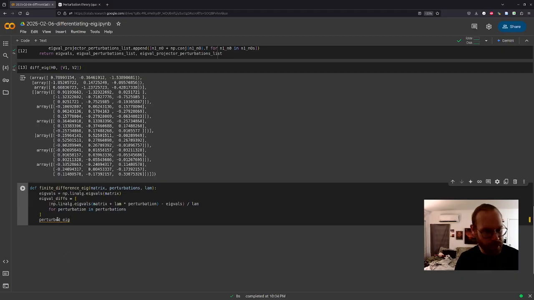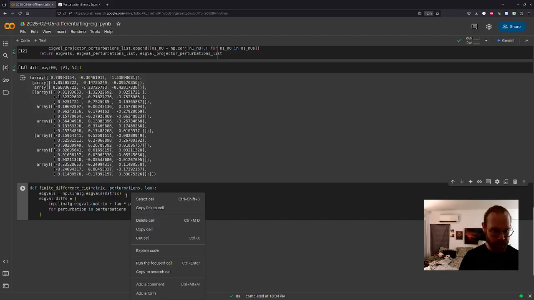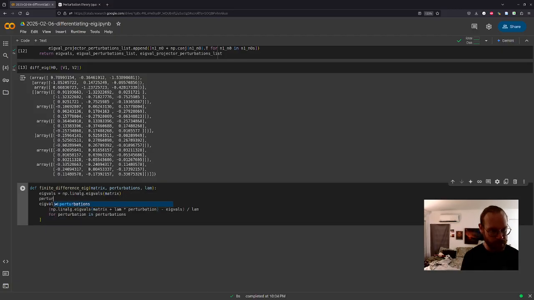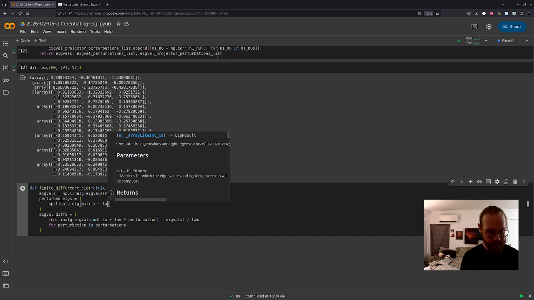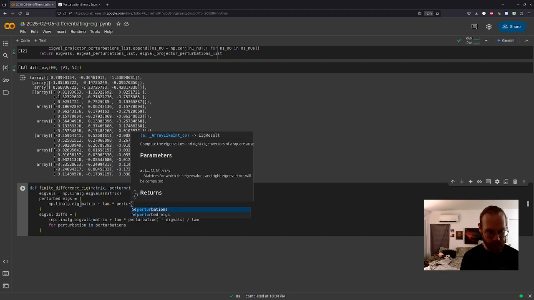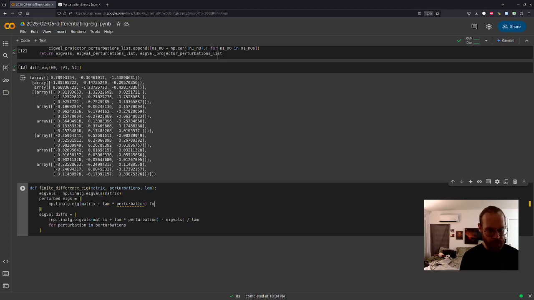We need to do the full eigendecomposition now for each perturbation. So let's do it to start with here. So perturbed eigs. And then it's matrix plus lambda times the perturbation for perturbation in perturbations.